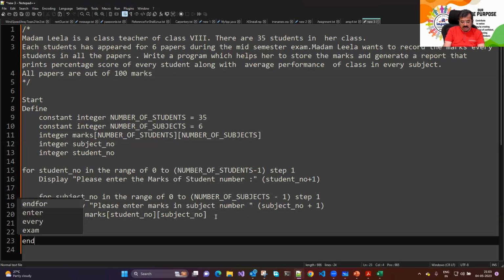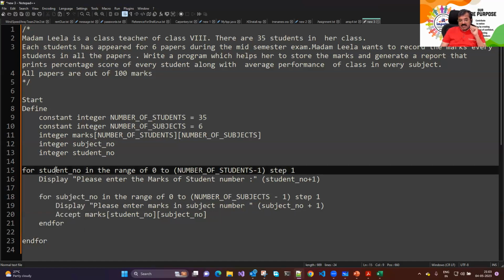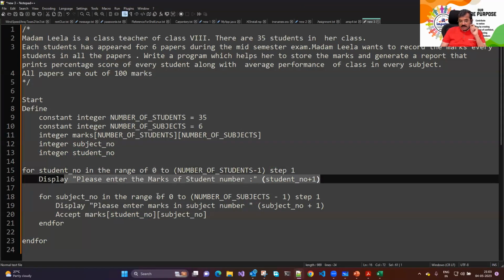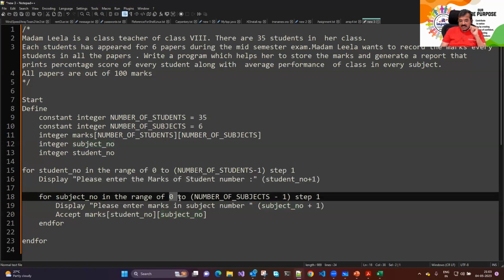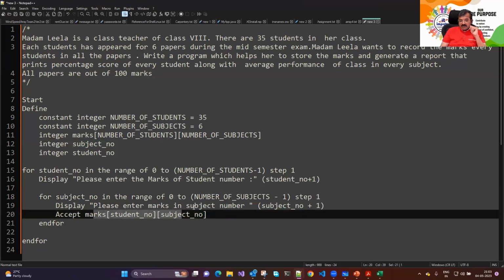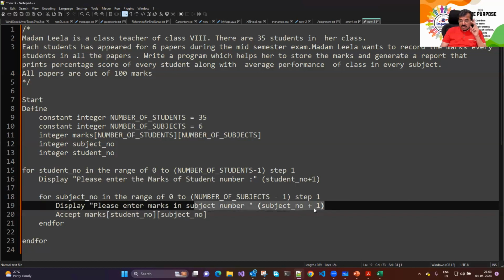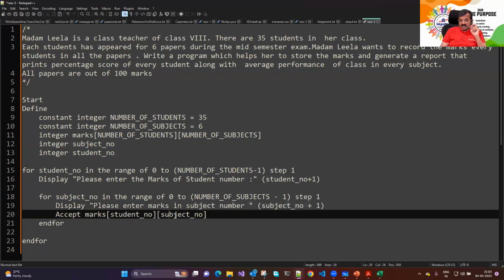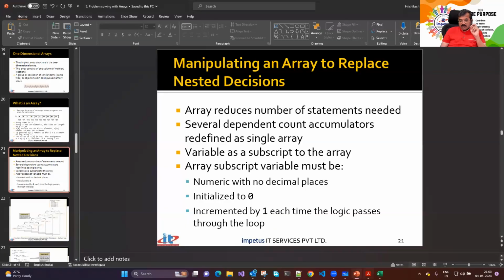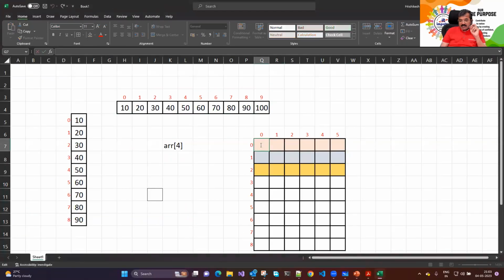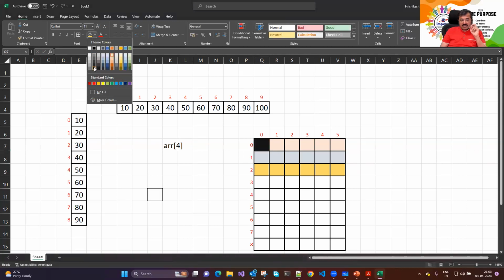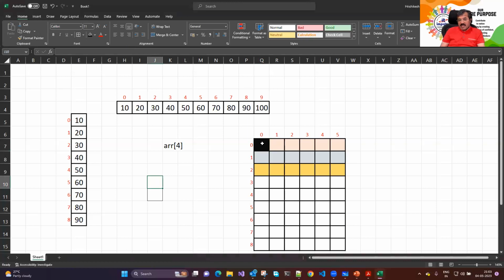और ये भी n for. अब इससे क्या होगा, assume करो पहली बार, स्टूडेंट नंबर का वैल्यू 0 है, but we are going to say please enter marks of student number 1. अगली बार सब्जेक्ट नंबर का वैल्यू 0 है, but we are going to say please enter the marks in subject number 1. तो student number 1, subject number 1 is actually 0,0. हमारे केस में 0,0 ये है, this is 0,0 और I just put the color over there. ये मेरे लिए 0,0 है।